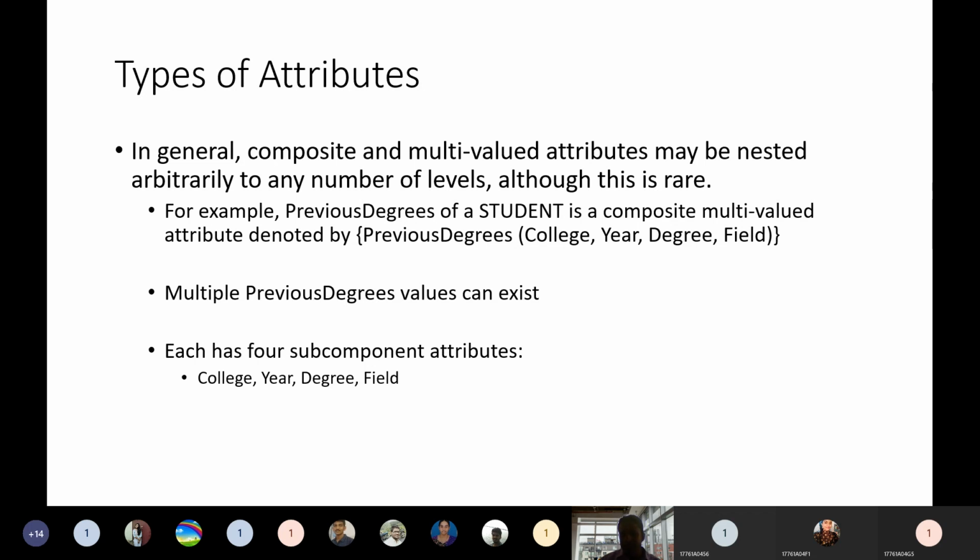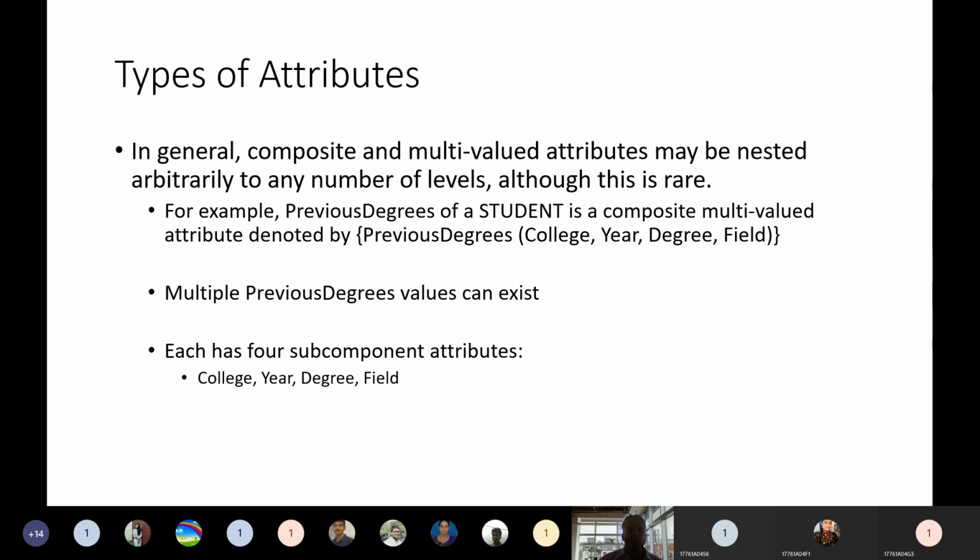Not only one previous degree, a person may have multiple degrees already existing with him before joining this college or university or this degree. So we have to make a list of degrees he or she already has, and each previous degree again is a collection of some other attributes.